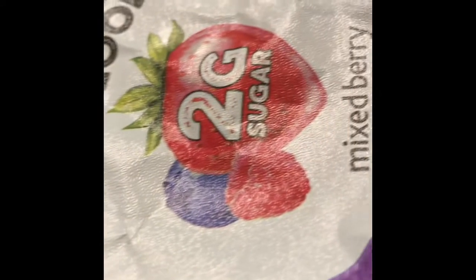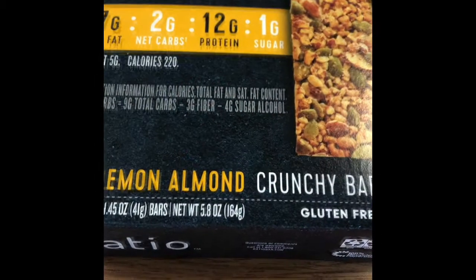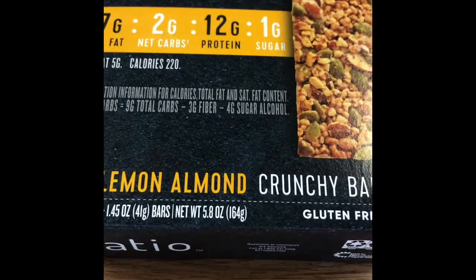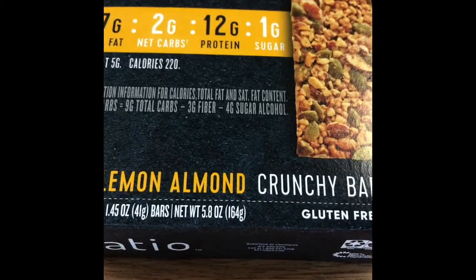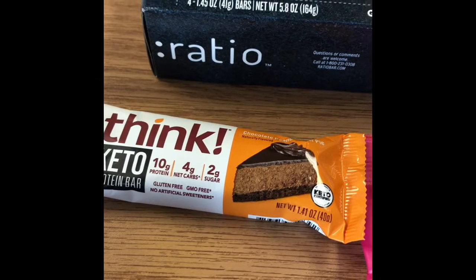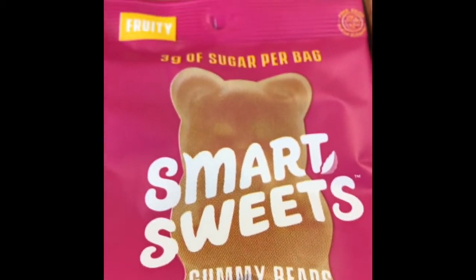And then some of the other items I purchased were, I bought a box of the Ratio bars. The full bar, it's like a protein bar, and it was made with almonds, had 2 carbs, and those are delicious. I haven't tried the lemon that I bought today, but I'll definitely give that a try because the regular almond was absolutely delicious. I went with the Jello that I'm going to have to make, so I can half this and make half a